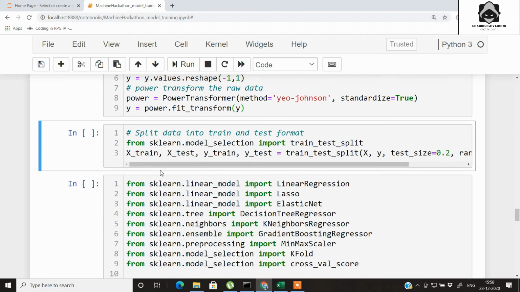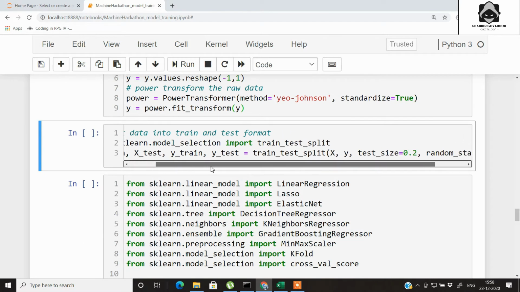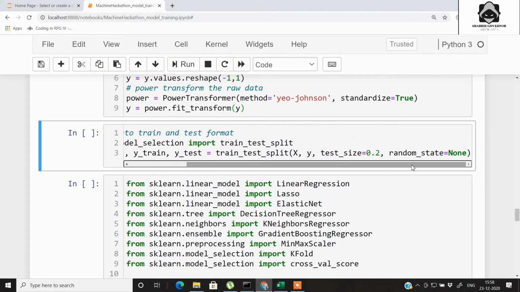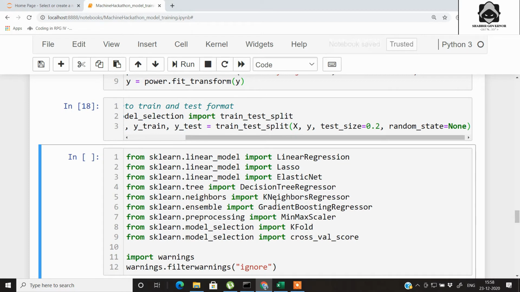The next thing is that now we will split the data into training and testing parts. For splitting the data, from the sklearn model selection we are importing train_test_split, and we are creating the four variables, that is xtrain, xtest, ytrain and ytest. Using the train_test_split method, we are passing in the predictors, the target, and the test size, that is how much we want the split. So here we are getting an 80-20 split, and random state, that is for reproducible results, we are passing as None. So let's split all the variables.